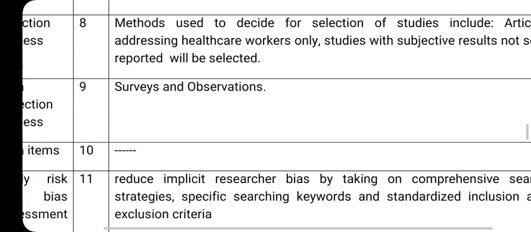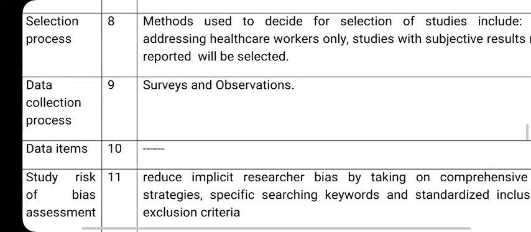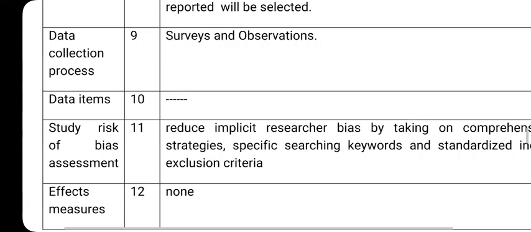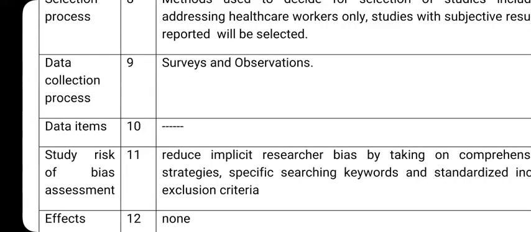In the data collection process, there are several methods of collecting the data. So the Prisma checklist demands which methods of data collection are used. Either you're using interviews, focus group discussions, or any other collection. I am only the